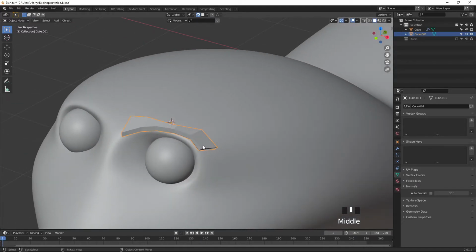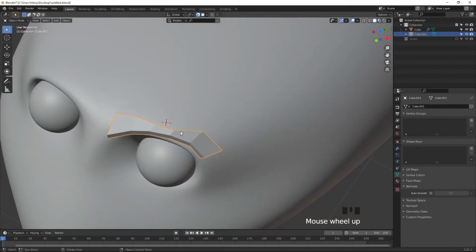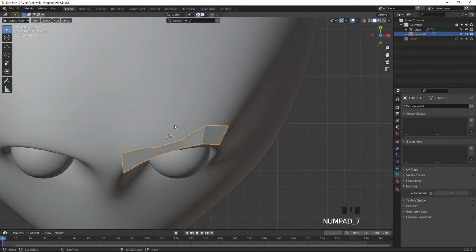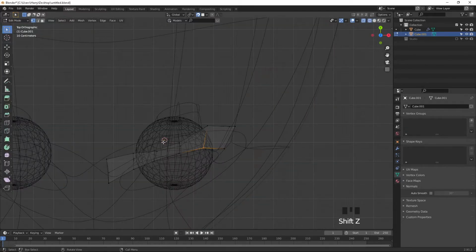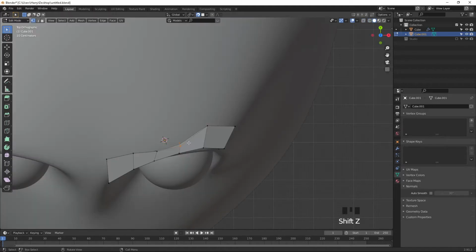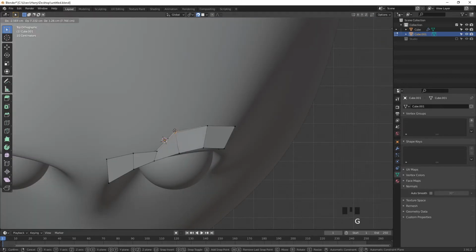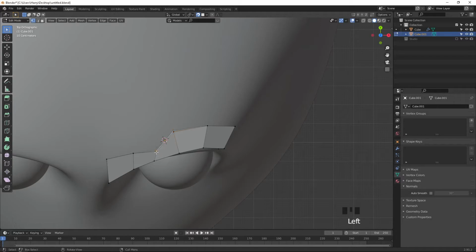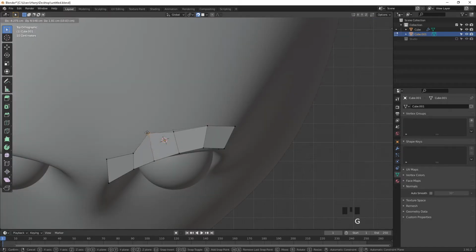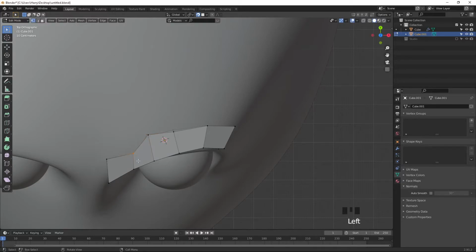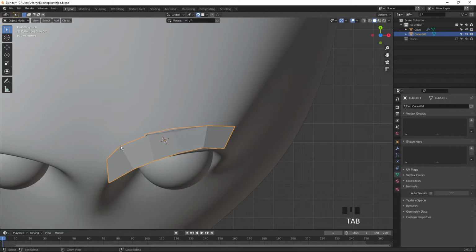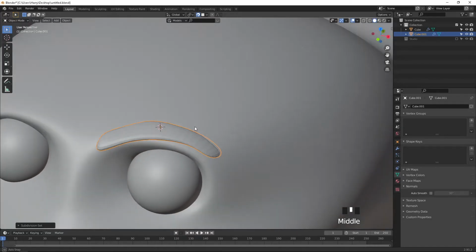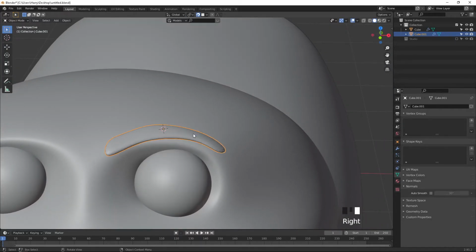Okay, now go to the top angle, Shift Z, tap. Select this one, Shift C and press G to move like this. Select this one, Shift Z, okay it's selected, press G to move like this. Select this one, press G and move like this, and select this, press Ctrl 2 to apply the subdivision modifier, shade smooth.